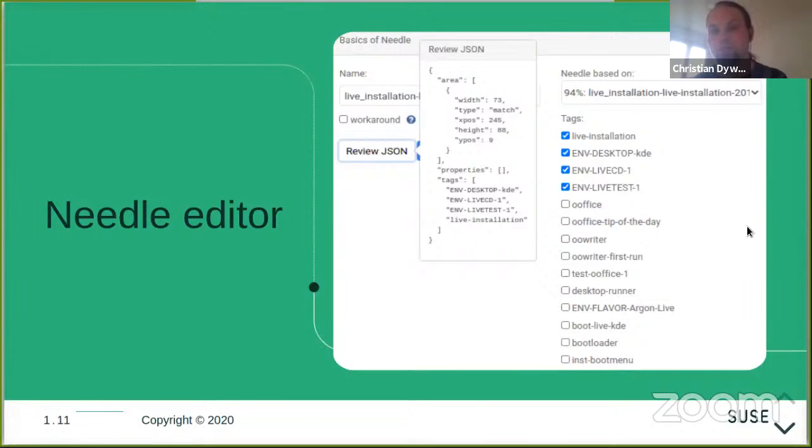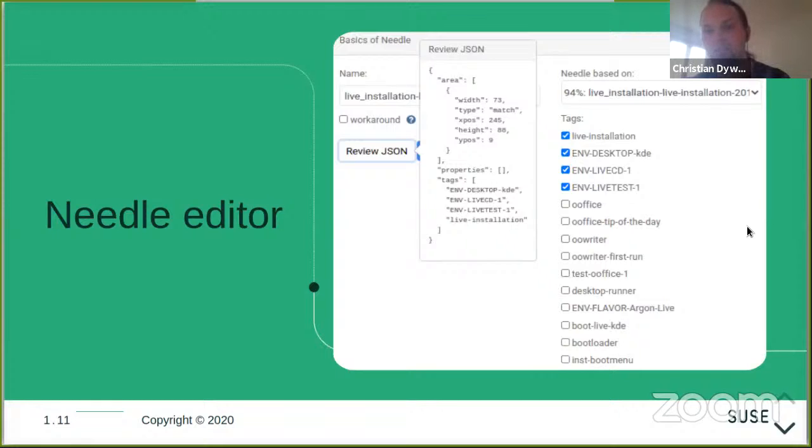But this is also, I think, useful to show what it actually means to define a needle. That is because it defines the area of the image that you're trying to inspect.